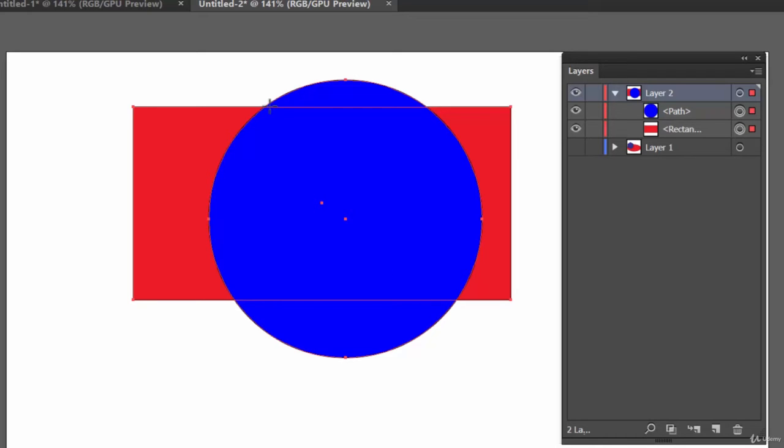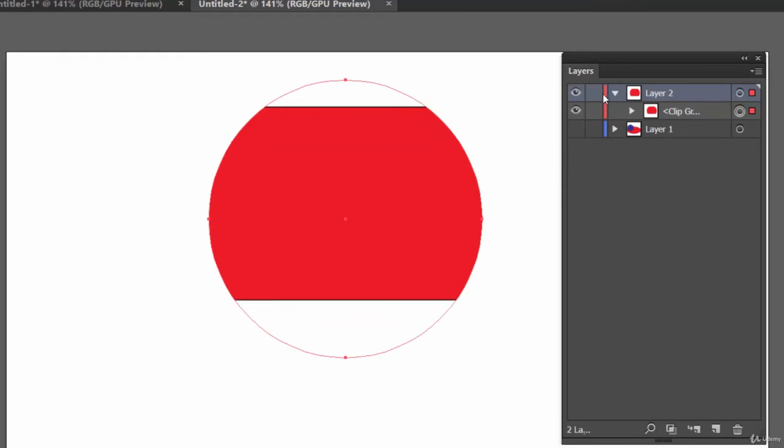So we will be able to see only that part of the rectangle which is inside this circle. So we will get this shape, and the color of this object will be red. Let's see. So let's press Ctrl 7 and see. We have got this shape.